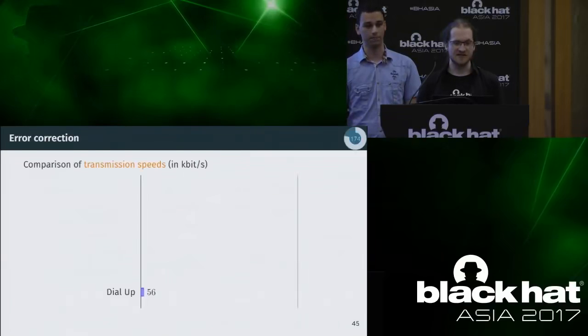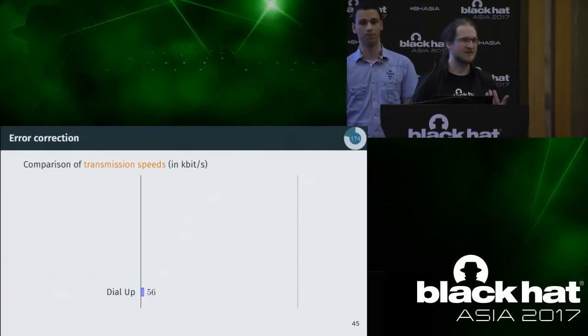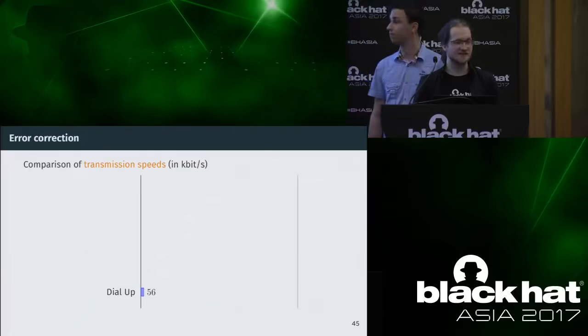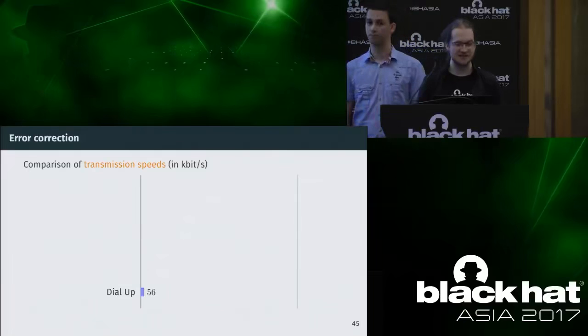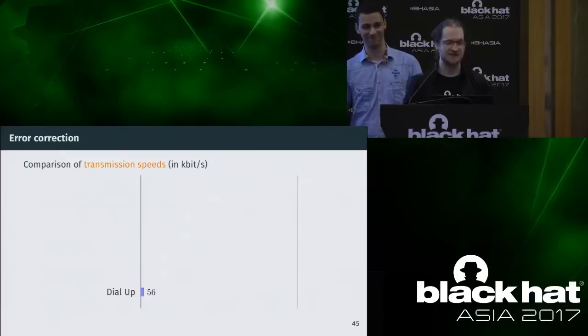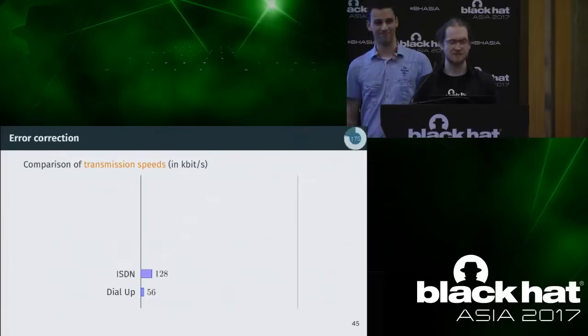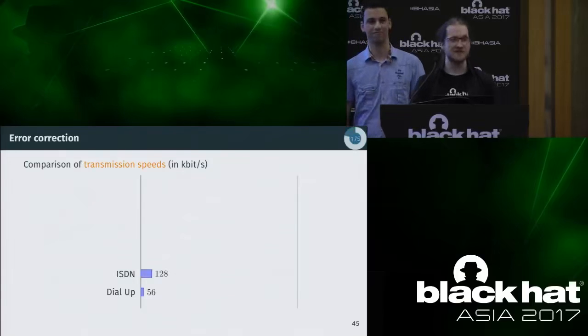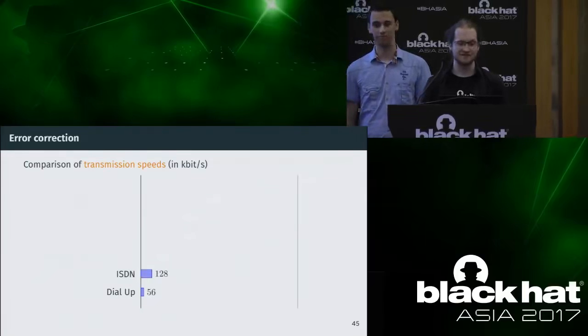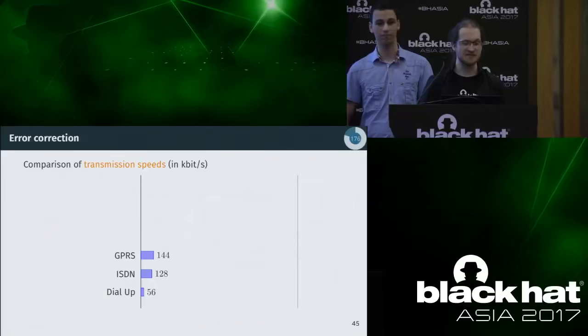But as I mentioned before, it costs a bit to do error correcting. So let's look at how well we do in speed. You all remember dial-up, right? With 56 kilobits of high speeds and a noise that woke everybody up in the middle of the night. We are faster than that. We are also faster than its big brother ISDN, which had 128 kilobits. Then we have GPRS, which is a tad bit faster, with 144 kilobits, and we are also faster than